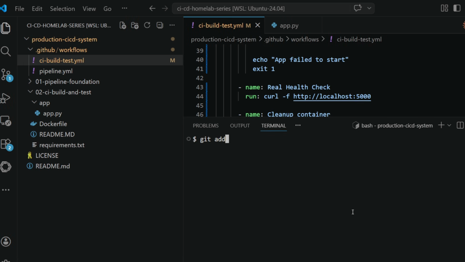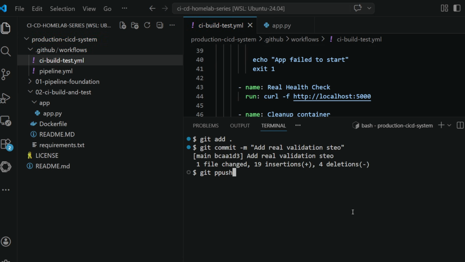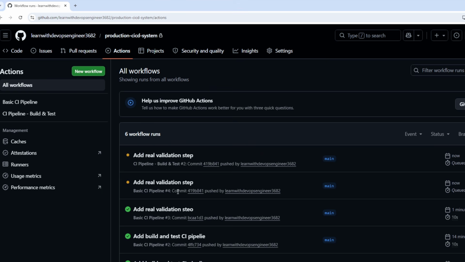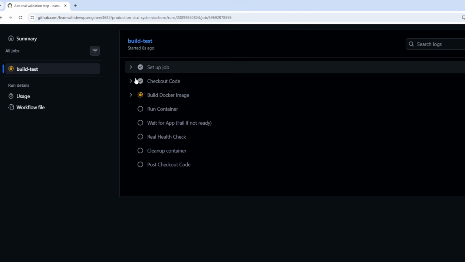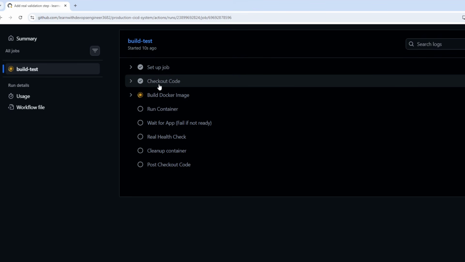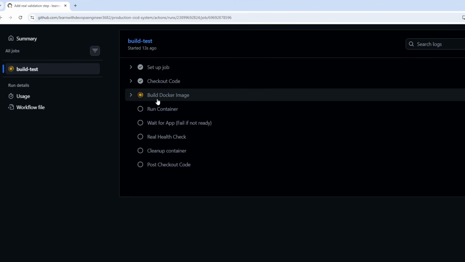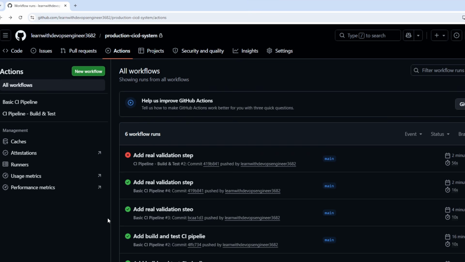Now, let's try to push all the changes which we made so far. Git commit -m add real validation step. I'm going to push. Now, let's look at the pipeline once again and see what exactly is happening. It is trying to set up job, checking out the source code, building the Docker app image, and there it